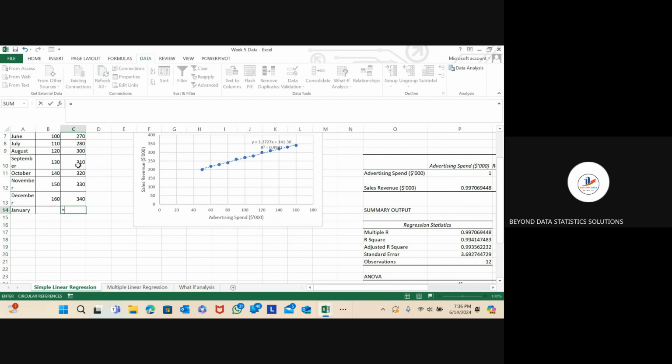So we are saying from the scatter plot model, we are following the scatter plot model. Let's start with the scatter plot model. The scatter plot model says y is equal to 1.2727x plus 141.36. Remember, x is any value of expenditure that we are going to use. That's why we start with equal to. We say 1.2727